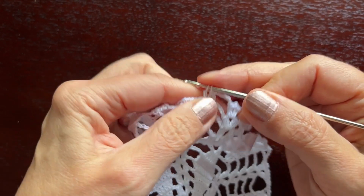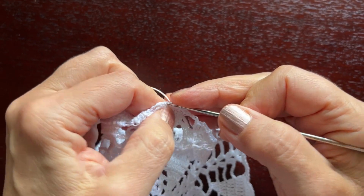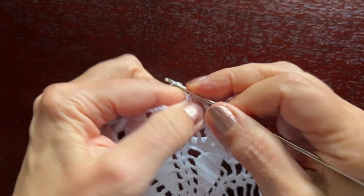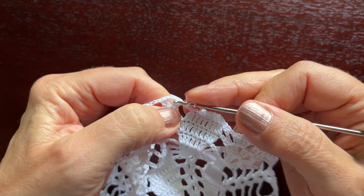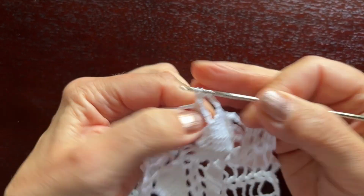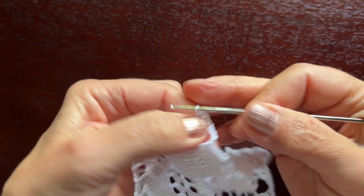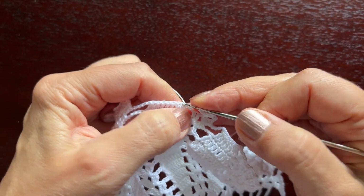3 double crochets, stitch and stitch, two double crochets together, chain 5, a shell in the chain 2 space of the shell, chain 5, another petal